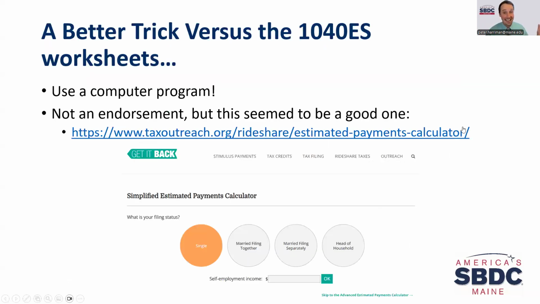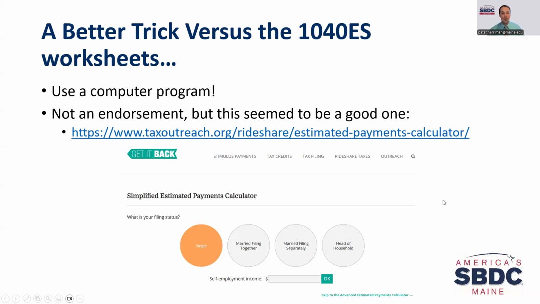Now, in today's day and age, lucky for us, we gotta trust computers a little bit to do it for us, right? So my trick is why not get a computer program to do it? But there's a lot out there. So Pete, which ones are the good ones? I have narrowed it down. There is a link here, and this particular website was actually created for ride shares, right? So a lot of people who do Uber and Lyft and stuff like that often have other jobs and they're doing this as a moonlight job, right? So they're often saying, well, what do I do for estimated taxes? So they created a website for them, but it happens to be a good website to use for you as well, right? So there's the link to the website.